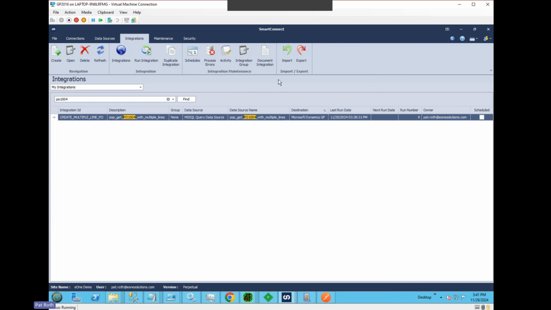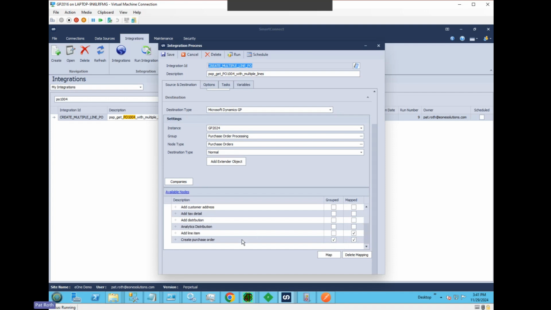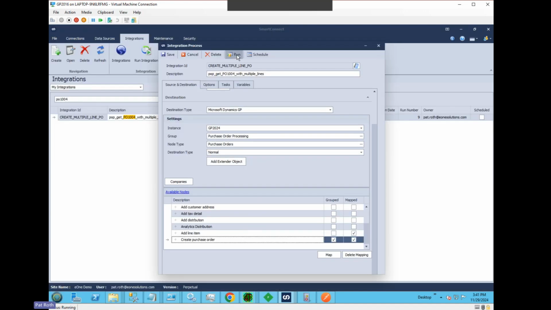Now if I close this and go back to our integration, pull up the same node, and now notice that it's no longer required because we just unmarked it. So we can just unmap that here. So we can see what happens if I unmap this. So if I unmap it,